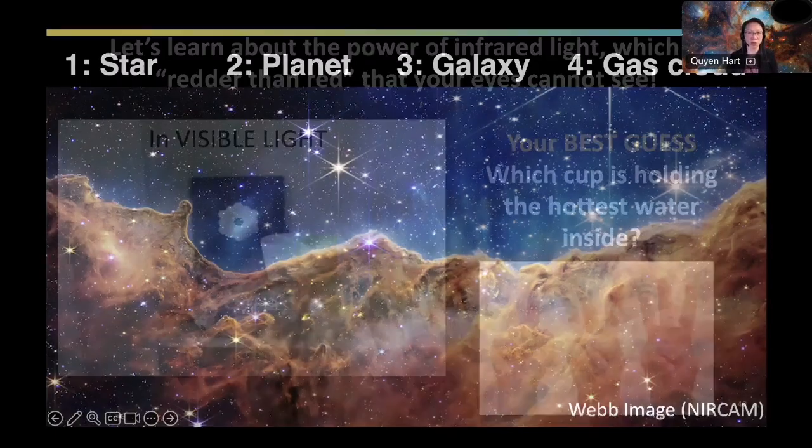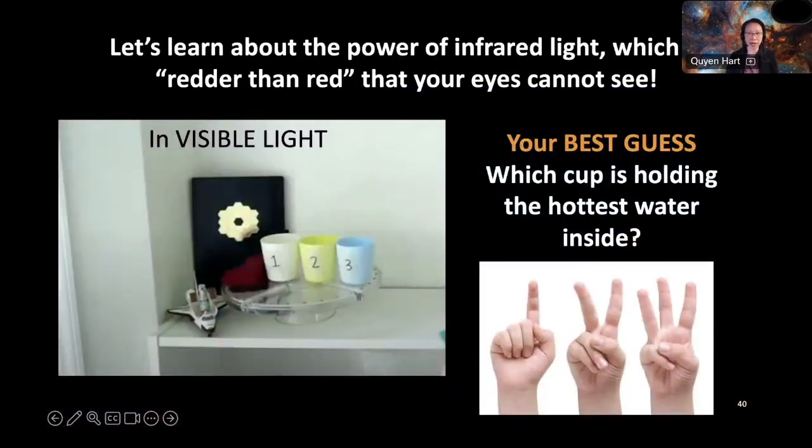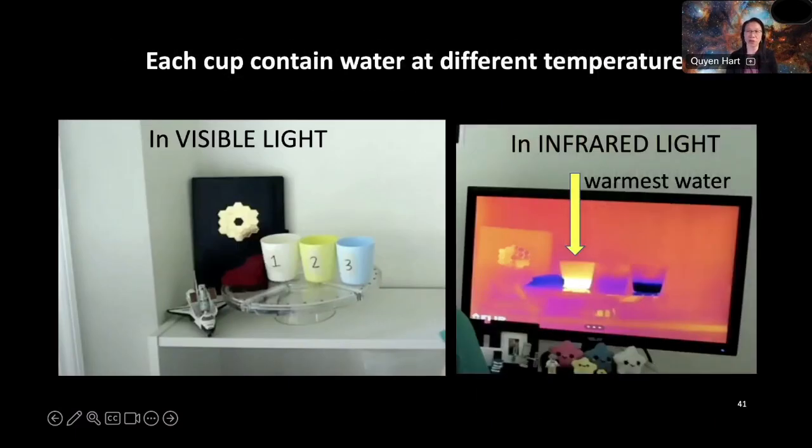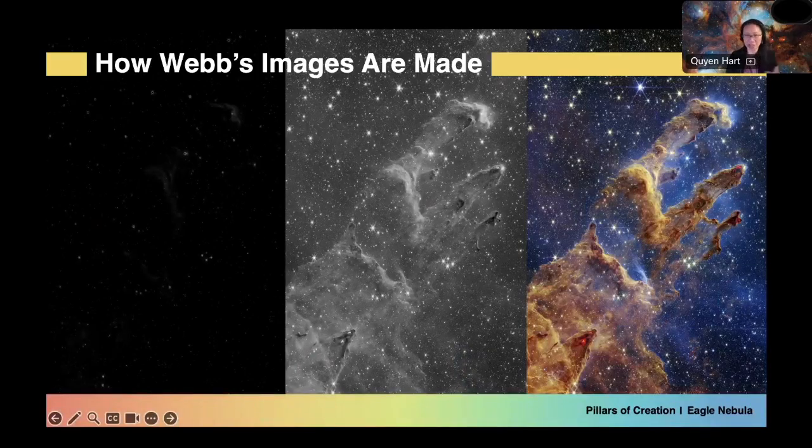If you have access to an infrared camera or a handheld, you could do the same thing. This is really nice, where you have 3 cups of water. The water has 3 different temperatures of water in there, and they're supposed to guess by looking at it like this. They can't, and you can say why, and then you're like, okay, well, if I put an infrared camera on it, can you guess now? And so it talks about the power of infrared light and why we can use it to study the universe in different places. We get this question all the time.